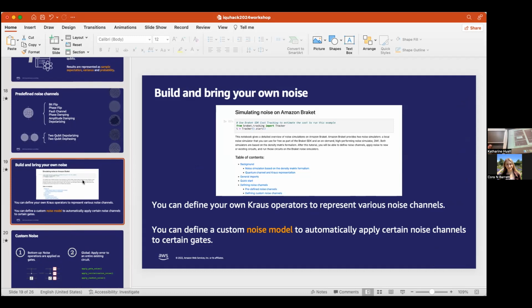You can bring your own noise simulation if you think that perhaps the predefined ones we offer aren't sufficient for your needs, or you just want to test something out that doesn't really fit into the paradigm that we have. So in this notebook, and I'll show you how to find that in a second, in the Braket console, simulating noise on Amazon Braket, we show you how you can define your own Kraus operators to define any noise channel you can think of, and you can